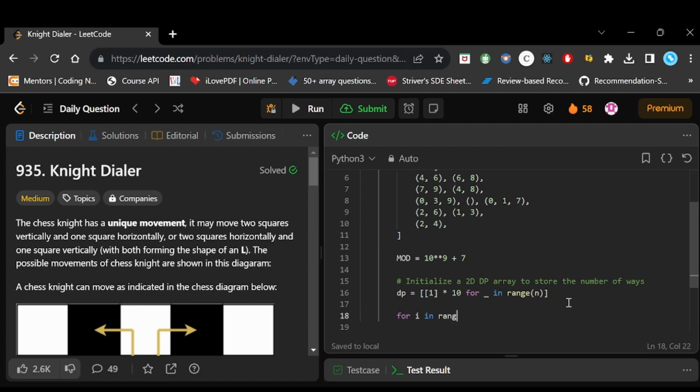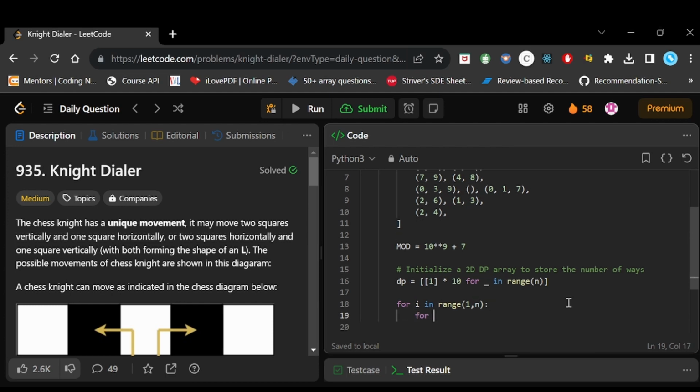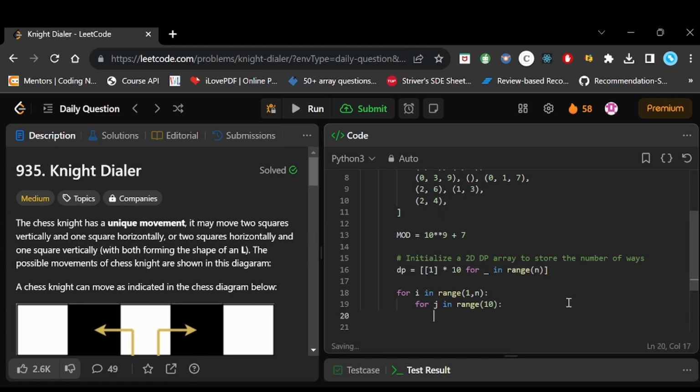We have to iterate in a nested loop, which will start from 1 to n, and the inner loop will go from 0 to 9, right? So j in range of 10. Now we need to get all the possible values, right? So dp of i and j will be storing all the possible values that can be done at a given index.